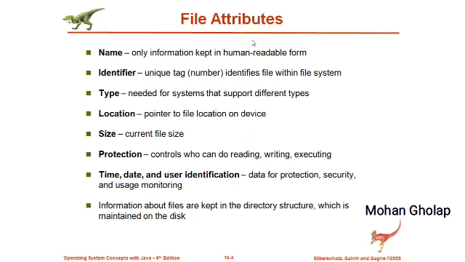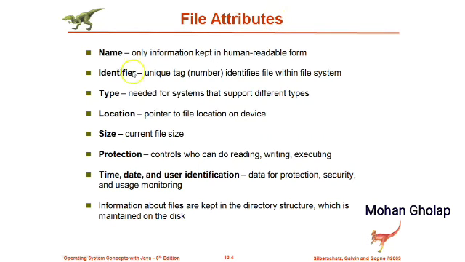Next we'll see the file attributes. Attributes are the properties of a particular file. Whenever you create a file, what all information or properties the particular file may have, we'll discuss one by one. The first one is name, because as and when required it should be possible for us to locate or use a particular file. In order to access that file, we should have information such as the name of that file. This name is the only information kept in human readable form. It is usually a symbolic name which is used for accessing that file.